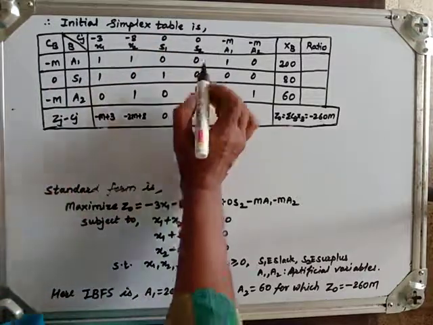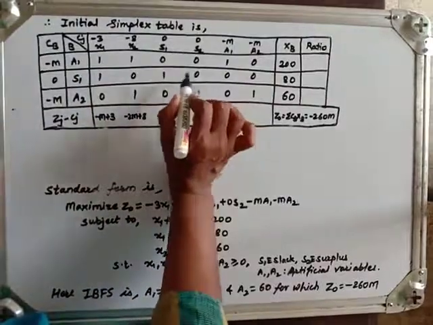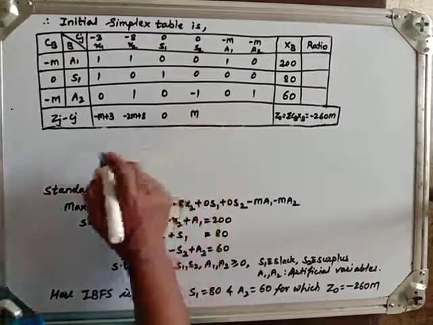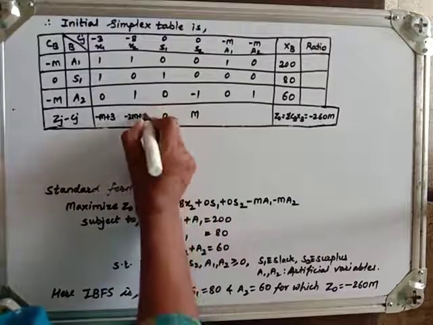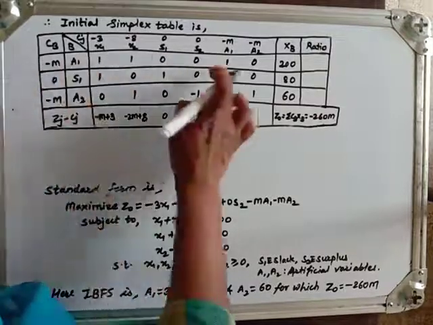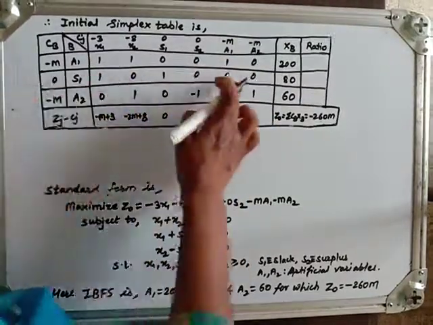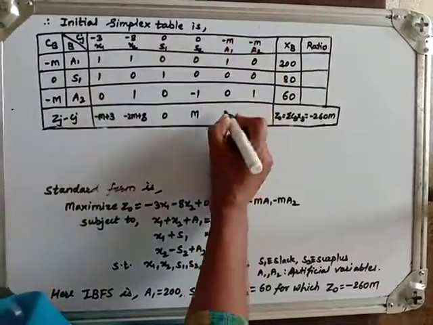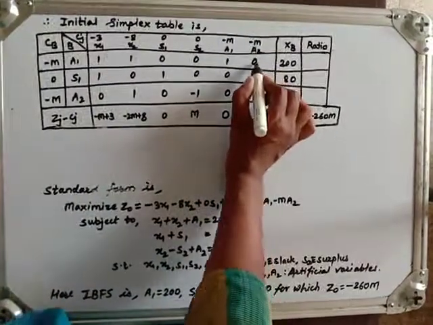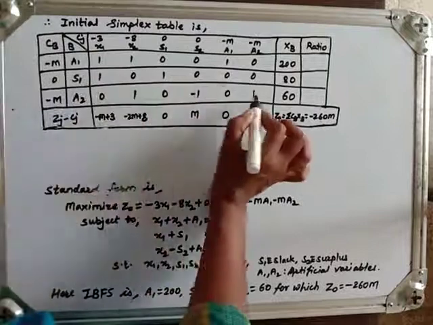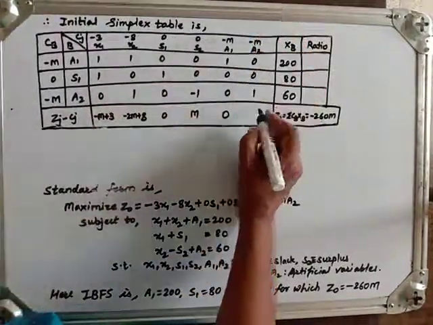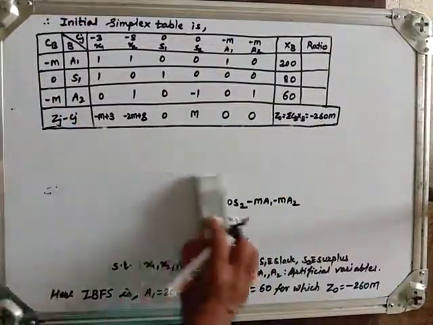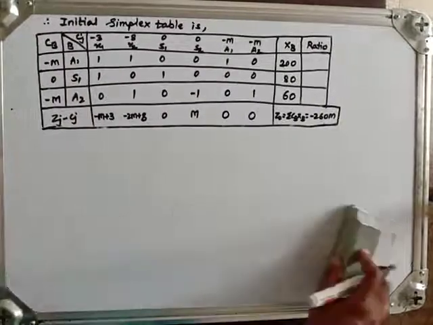So that will become 0. Again 0 into this 0. This is 0 and this will become m -0. So it will be m. Now here it is -m, here 0, it is again 0 and this minus plus m, that will become 0. Now here 0, 0, again -m, minus becomes +m, so it will be again 0, -m plus 1, so that will become 0. Now these are our Zj minus Cj.